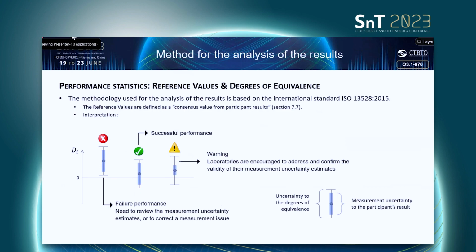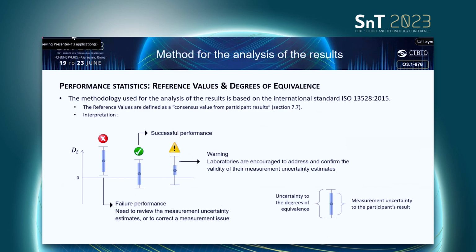So, some words about the method for the analysis of the results. To analyze the results, we need some performance statistics. These performance statistics are both the reference values and the degrees of equivalence. The reference values, in some way, are the values to which the laboratories have to aim. They are determined by using a standardized method, with a specific algorithm given in this standard. The reference value in this graph and in the following graphs is represented as a target,